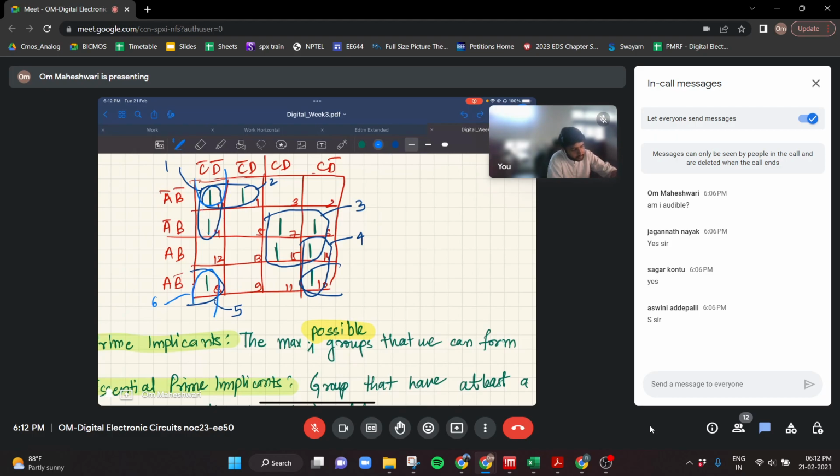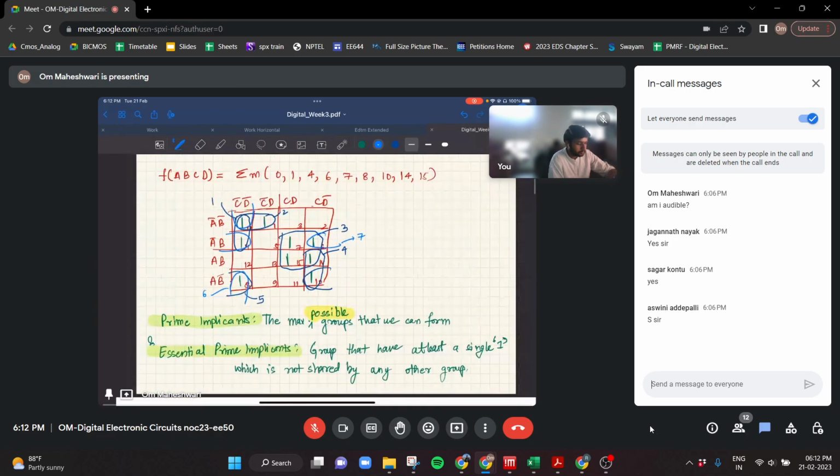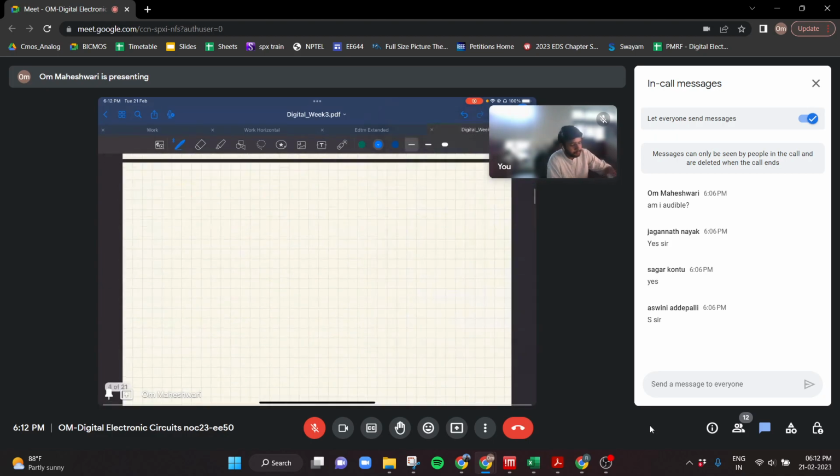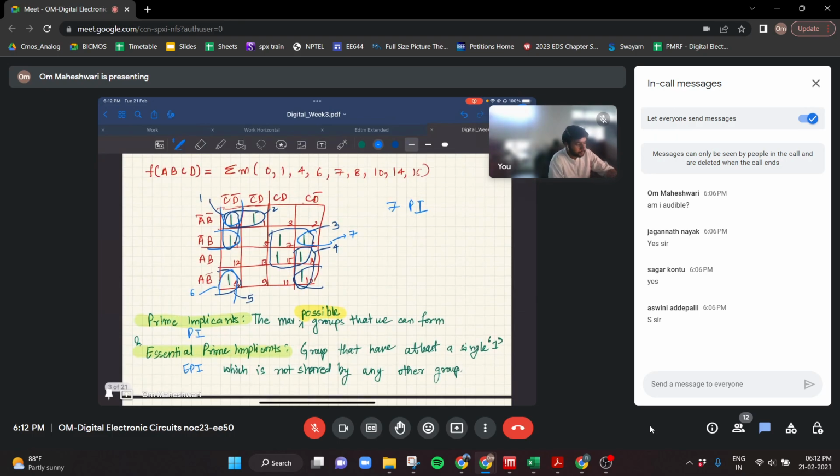We can form another group here. Oh, that is already formed. Sorry. We can form one more group here, seven. Maybe not this one. This is already covered. Form another group here. Yeah, seven. So here we have a total of seven prime implicants. And those PIs are,